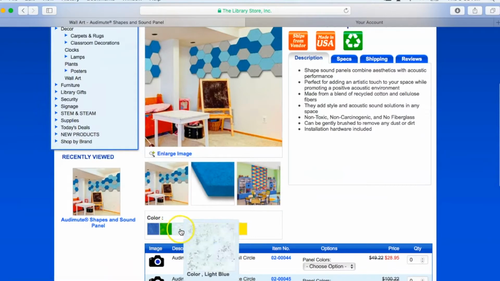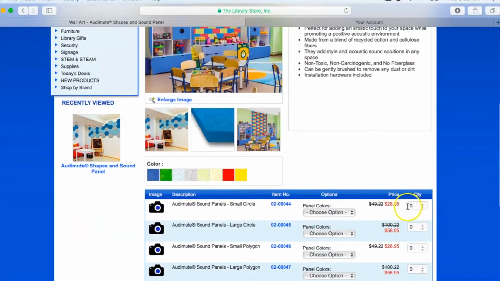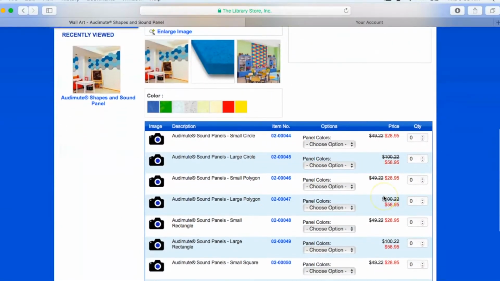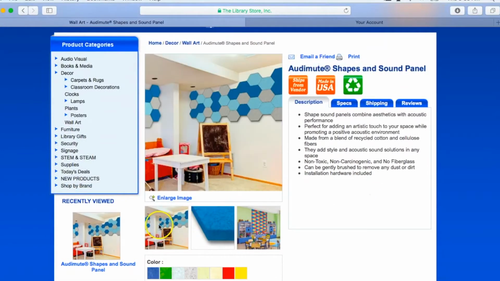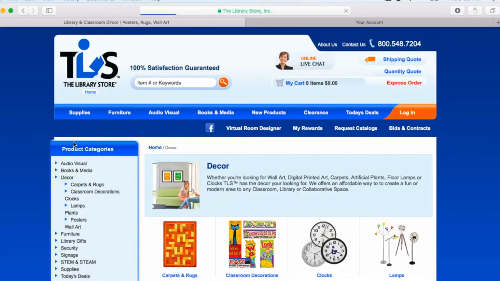It comes in these different colors, and it varies by price and size. So the bigger ones are obviously more. Also, remember, if these are not in your budget, the carpet squares at your Home Depot or Lowe's will be just as sufficient. So everything else you can explore on this website for your classroom purposes, but I also wanted to show you the